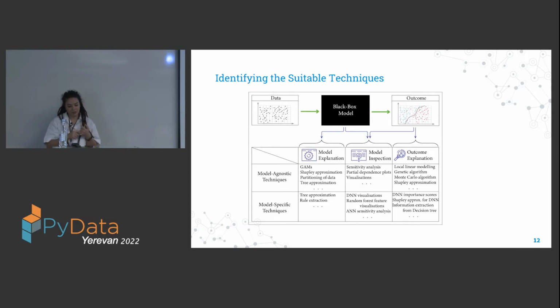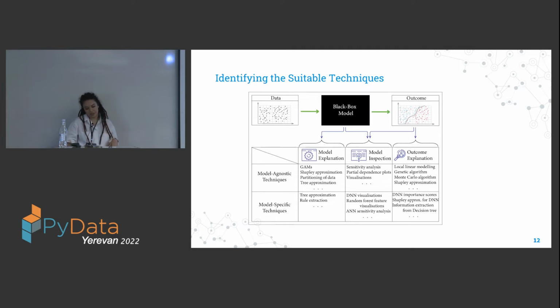The outcome explanation techniques do not explain the model internals or how the model worked, but only explain the decisions of the models and what is behind each decision. For example, let's say someone was rejected for a loan: for that person, each feature's contribution to the rejection, like local feature importances, as we already mentioned.